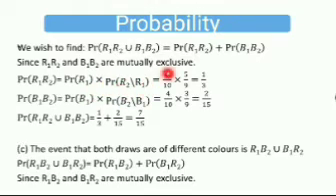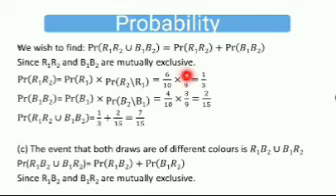Once you have taken the first one without replacement, it will affect the total outcome. The total outcome here is 10. Once one has been taken, the total will reduce to 9. So the red is 6 over 10 multiplied by, for the second draw,